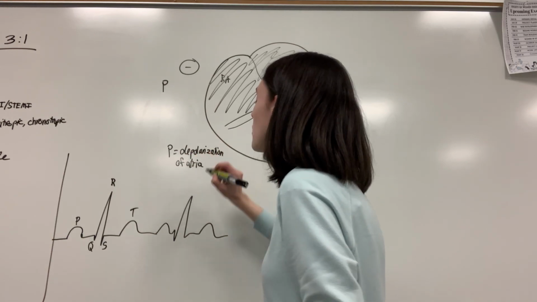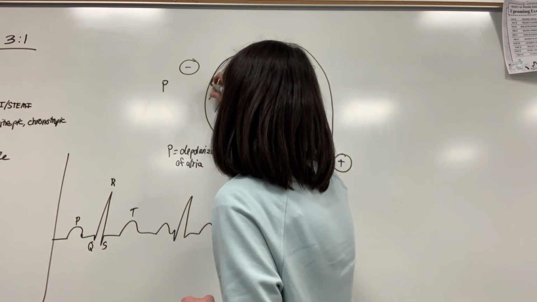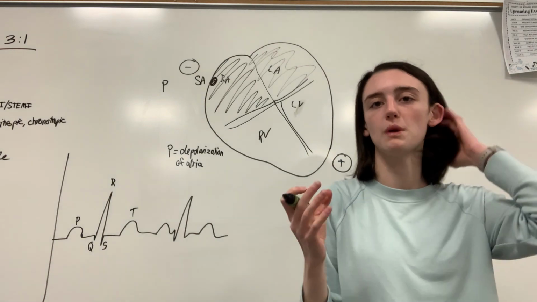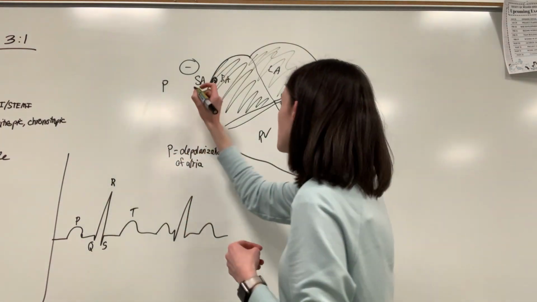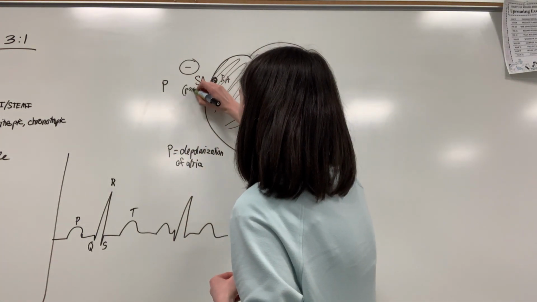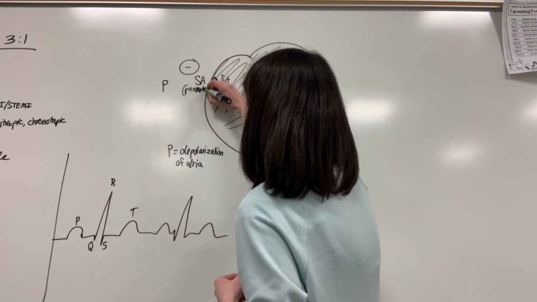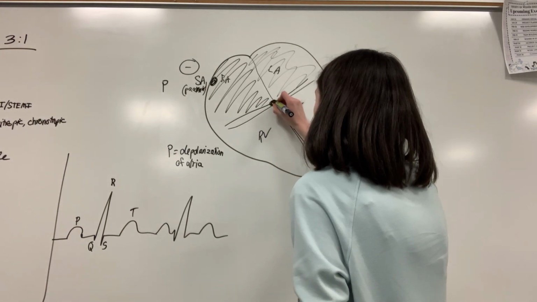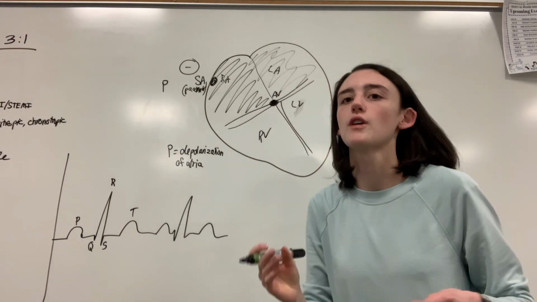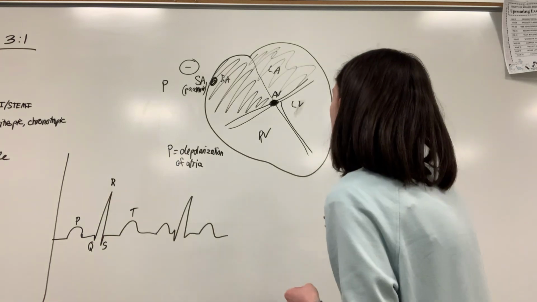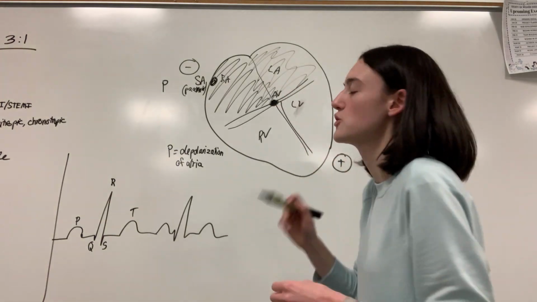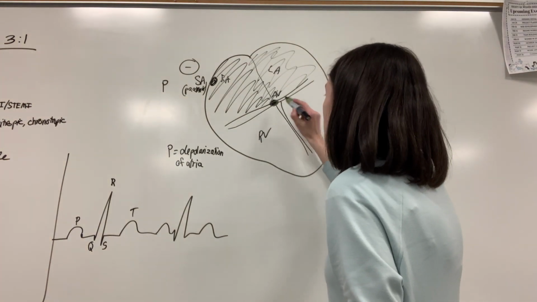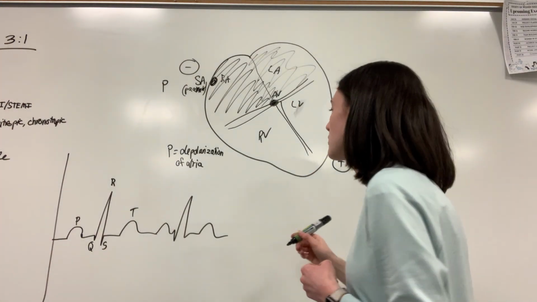That depolarization happens through a structure known as the SA node, also known as the pacemaker. It's basically making the pace of the heartbeat. So we want to remember that the SA node is what causes this contraction to happen. Another node that we need to know is called the AV node, also known as the atrioventricular node. This is going to be a major player in the QRS complex. So once the signal hits the AV node, it is going to cause